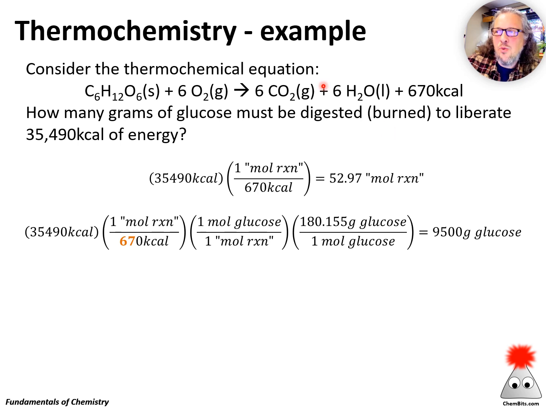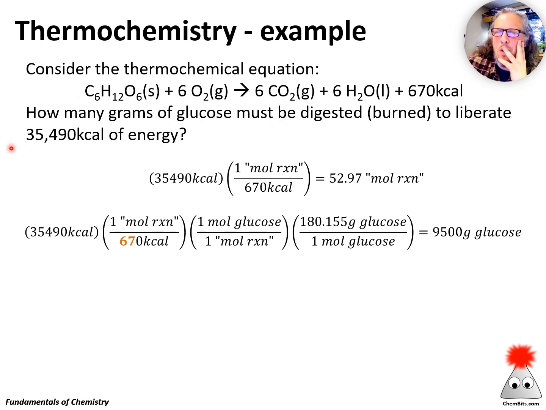Another way we can do that is go the other direction. Same chemical equation. How many grams of glucose must be digested to liberate 35,490 kilocalories of energy? So what do we have? We know that we've got, well, there's a balanced chemical equation. That's step one. Step two,